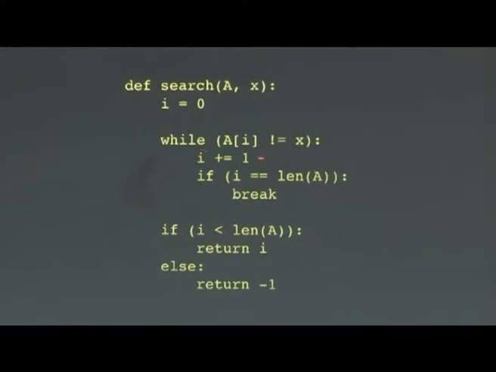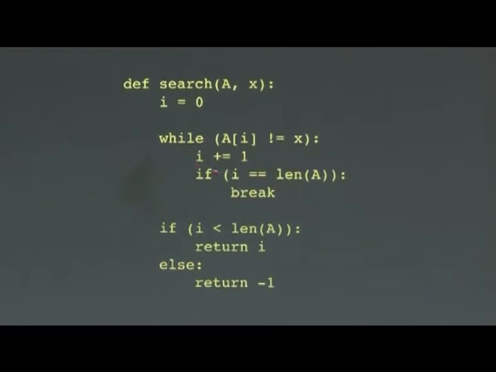So the while loop. I do not use the for loop because I may finish before going to the end. For requires beginning to the end, so you do not need to go to the end. While ai is not equal to x, the index ai, whenever I see it equal to x I stop, but I keep going until that condition is met. But if i is beyond the array size, then I should stop.